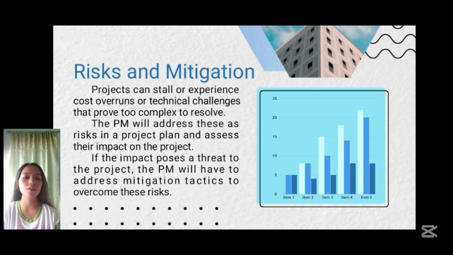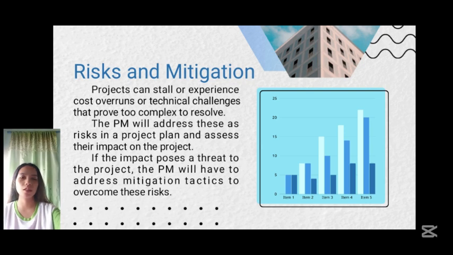Next is risk and mitigation. Projects can stall or experience cost overruns or technical challenges that prove too complex to resolve. So the project manager will address this as risk in a project plan and assess their impact on the project. If the impact poses a threat, the project manager will have to address mitigation tactics to overcome this